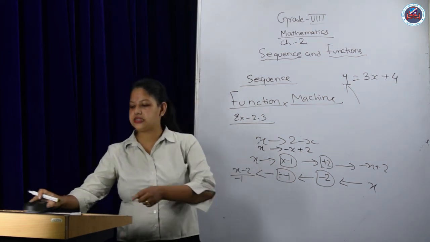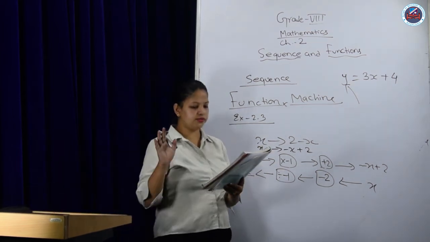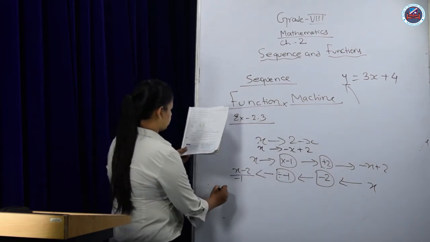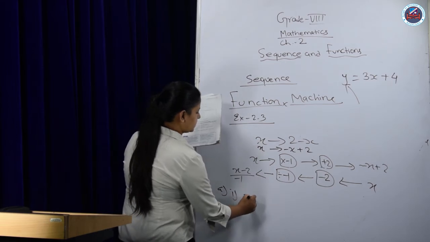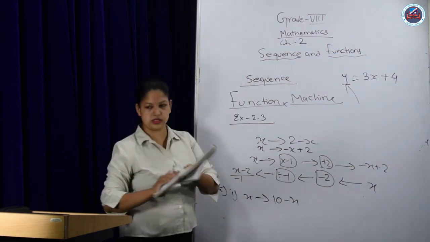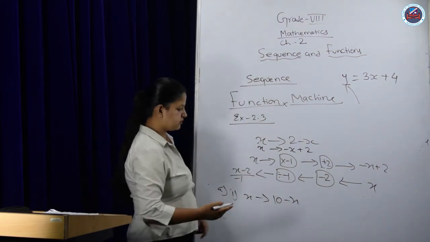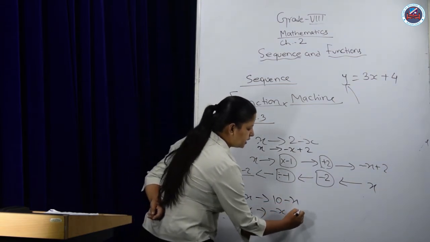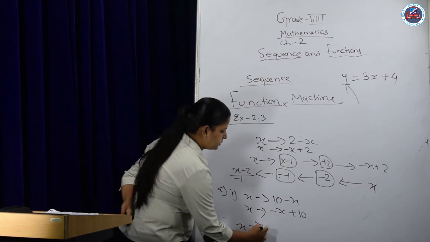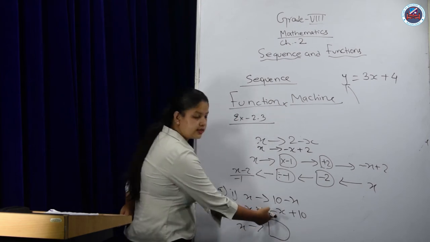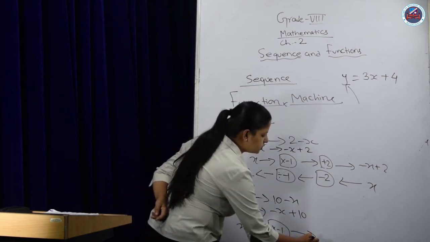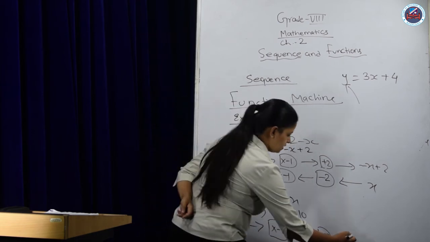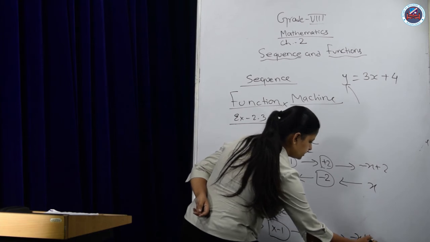Now in that same way, please try to complete question number 5. Use Mia's method to work out the inverse function for question number A1. x, 10 minus x. Similarly, if you want to find the inverse, first build the function machine. How can you convert? Minus x comes in the front and plus 10 in the back. The function will be, obviously, multiplied by minus 1. Furthermore, added by 10 is here. This is giving you minus x plus 10.